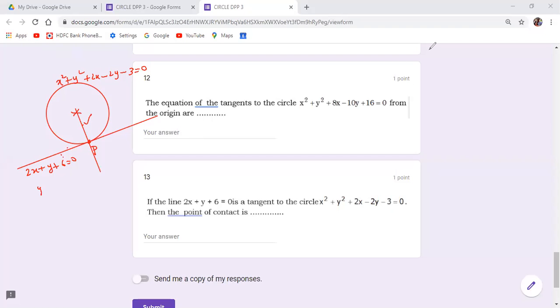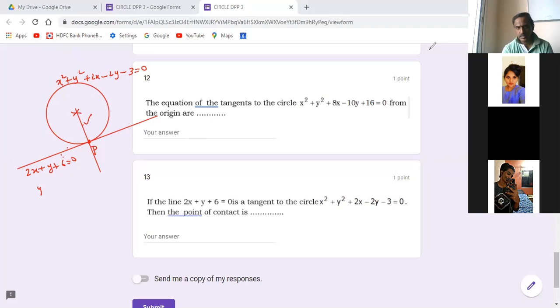Tell me the first method. I have not asked many students. Let me ask one of them. Kashish, tell me the two methods which I explained to you if you have understood. So, first method we have to substitute. We have to solve both of the equations. And second method is that we have to